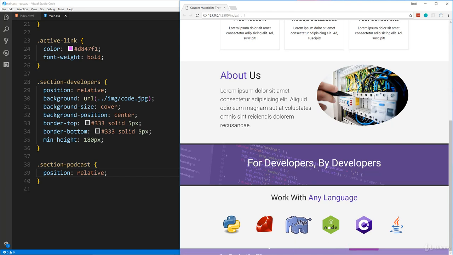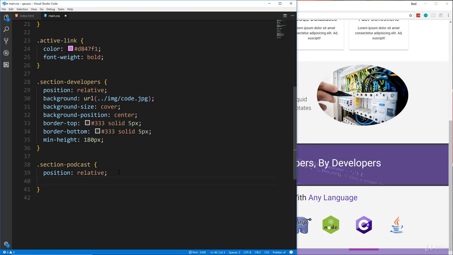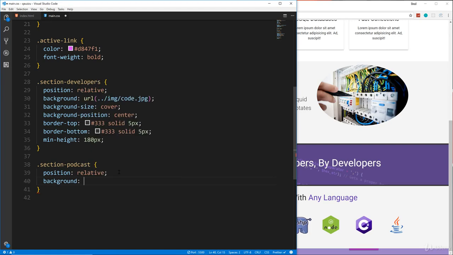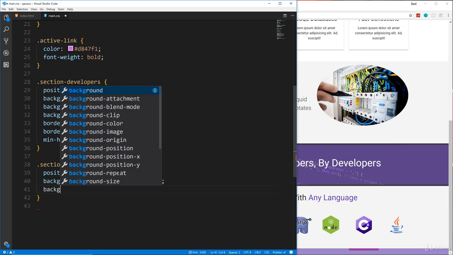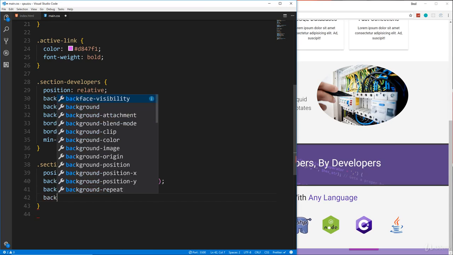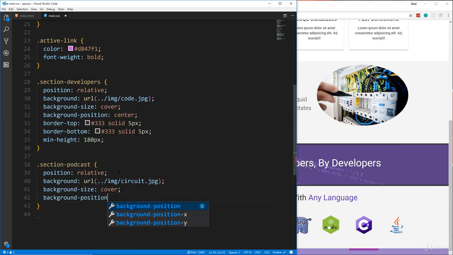Why is this so small? Oh, we got to put the image and stuff. All right, never mind. Got a little confused for a second there. So let's do our background, because we did it the other way around before. Background is going to be URL. It's going to be in the image folder, and it's going to be called circuit.jpg. And then let's do a background size of cover, and a background position of center,